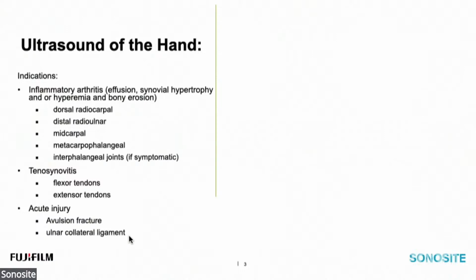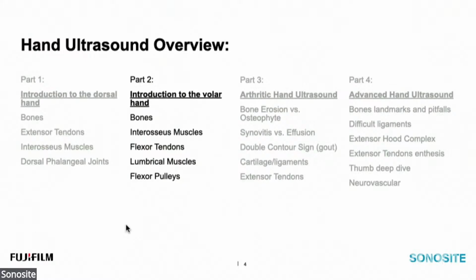The indications. We'll talk about the AIUM statement of the indications for doing ultrasound on the hand in general. These aren't specific to dorsal or volar or fingers, but we did go over these in the last webinar. So if you didn't catch all those, go back and catch part one. For this part two, we're going to stick to the bony landmarks, which change a little bit on the volar